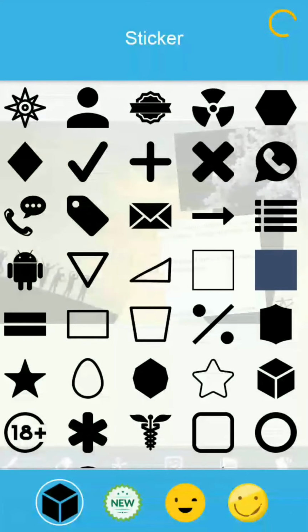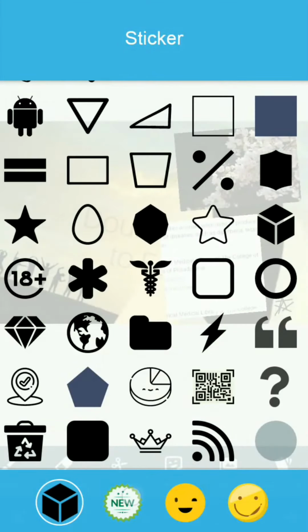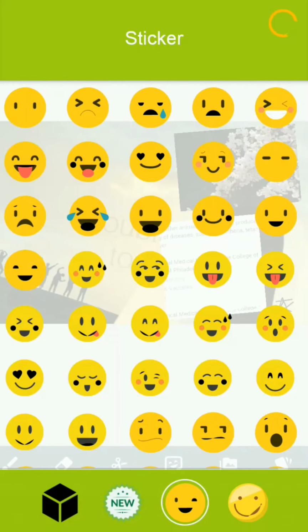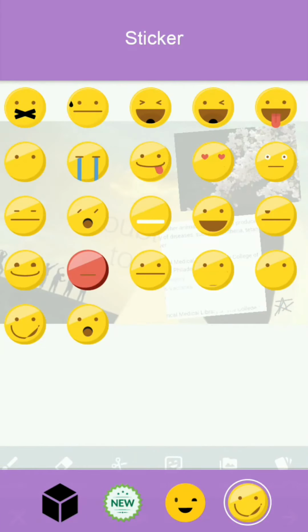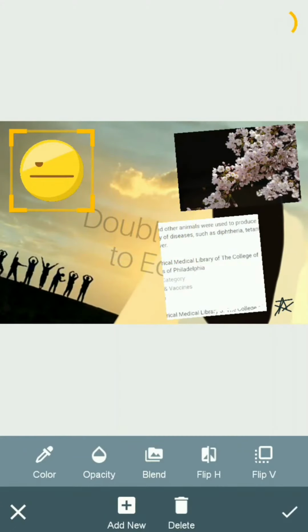Then you can add different shapes, stickers, emojis, and these emojis. I will insert an emoji and show you. Okay, this is done.